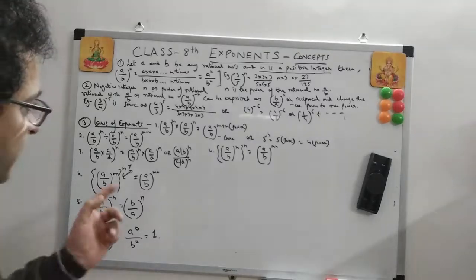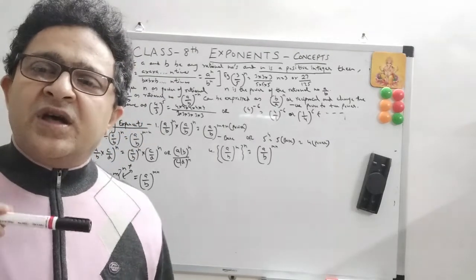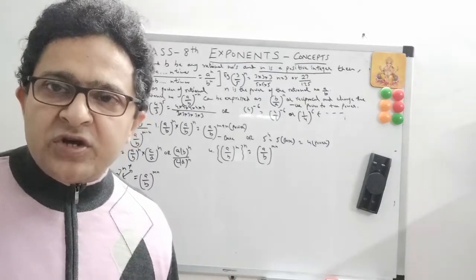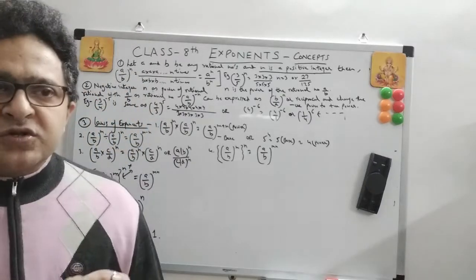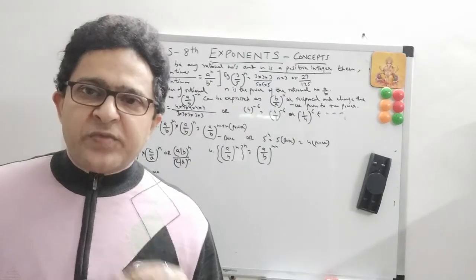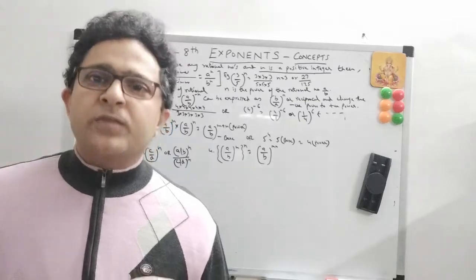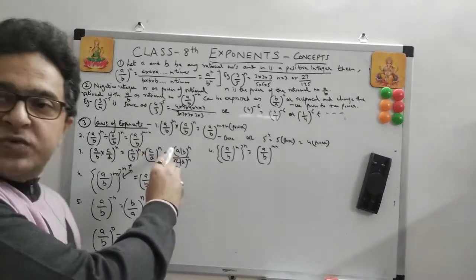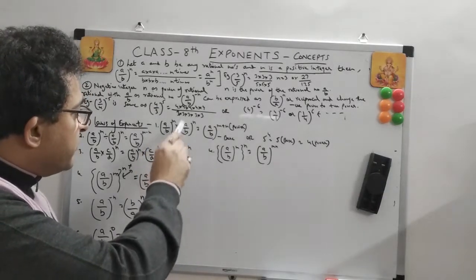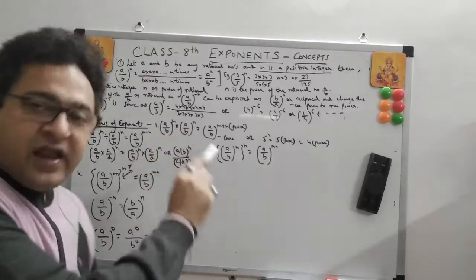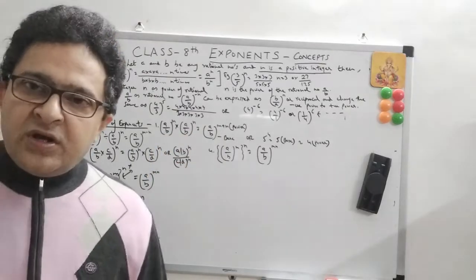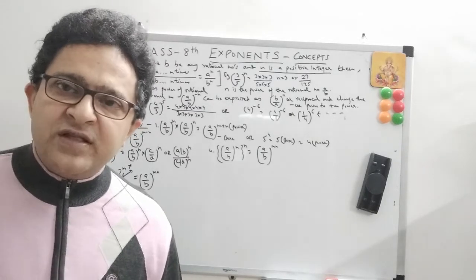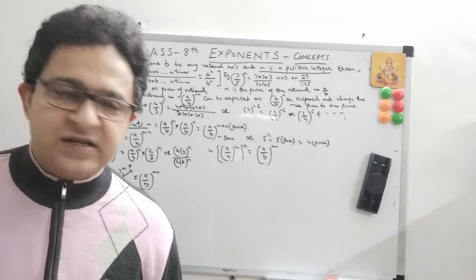But at the back of your mind, these laws should be clear to you, and you should maybe memorize them, or do some questions, because maths is all about concepts and questions. Sometimes you just go through the concept, but you don't practice the questions. I suggest that you practice and jot down the concept like this. Suppose we take (a/b)^m into (a/b)^n as a concept. So this is one law. Now you do 2 or 3 questions, and the concept will be so much clearer because you have done the questions on your own. That's how maths is actually practiced.